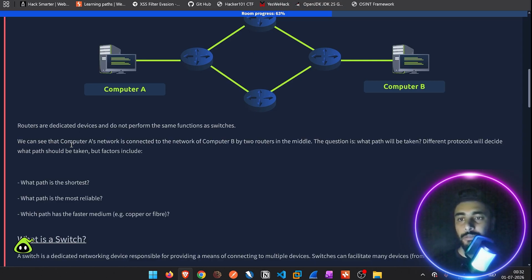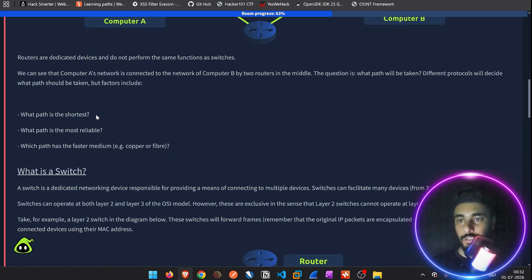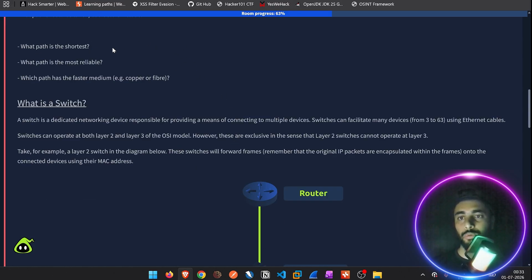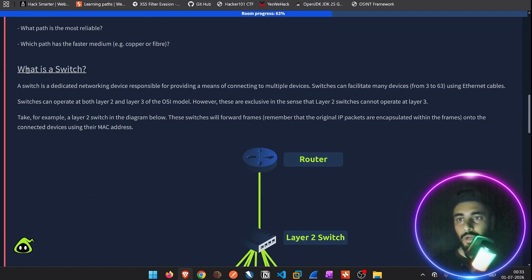We can see that computer A's network is connected to the network of computer B by two routers in the middle. The question is what path will be taken. Different protocols will decide what path should be taken, but factors include what path is shortest, what path is the most reliable, which path has the faster medium, copper और fiber, जो कि मैंने अभी आपको बताया।